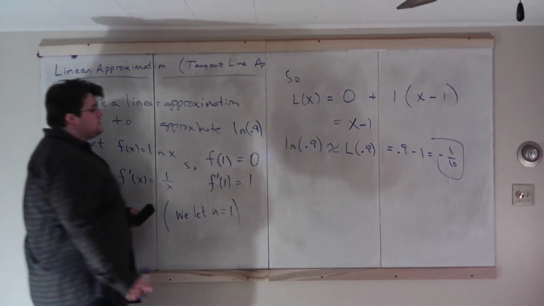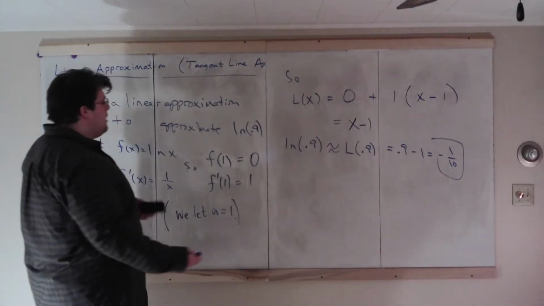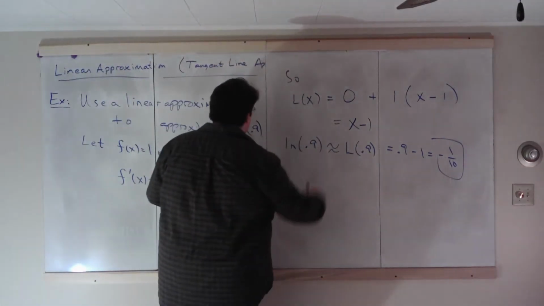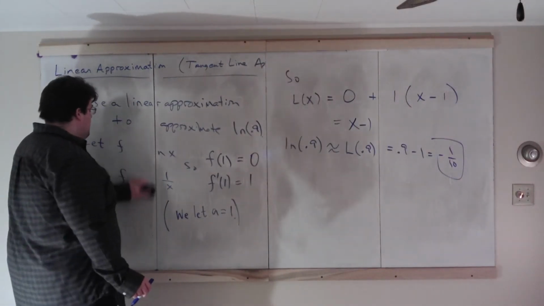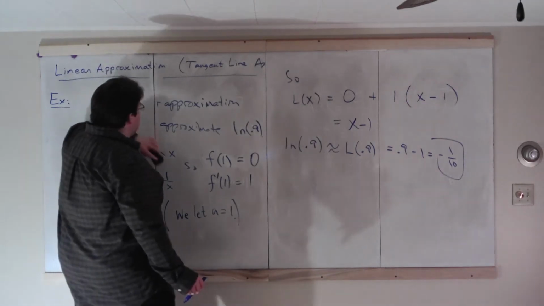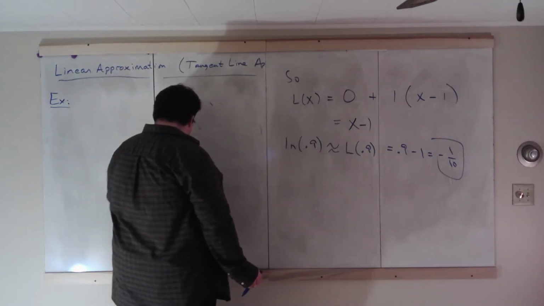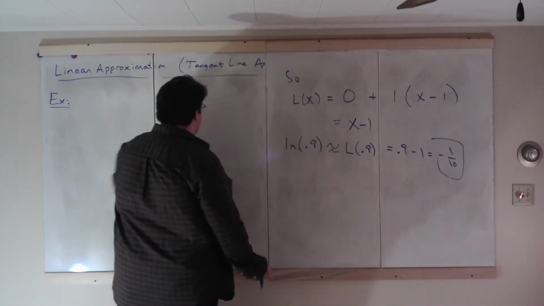So I didn't write this in the first example, but just to clarify a little more, I did write it here, that it is giving us an approximation of the function evaluated at a point that we don't know how it evaluates. Here our approximation is negative 1/10, and we should expect a negative for this answer because